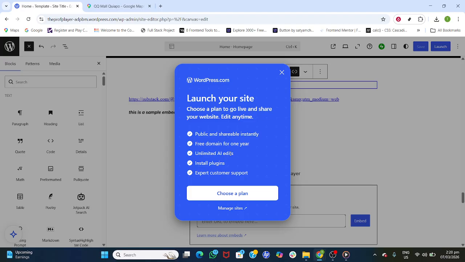After publishing, test on both desktop and mobile. Click the email link to confirm it opens your mail app, and tap the phone link on a phone to make sure it dials. If anything doesn't behave as expected, return to the editor, reselect the